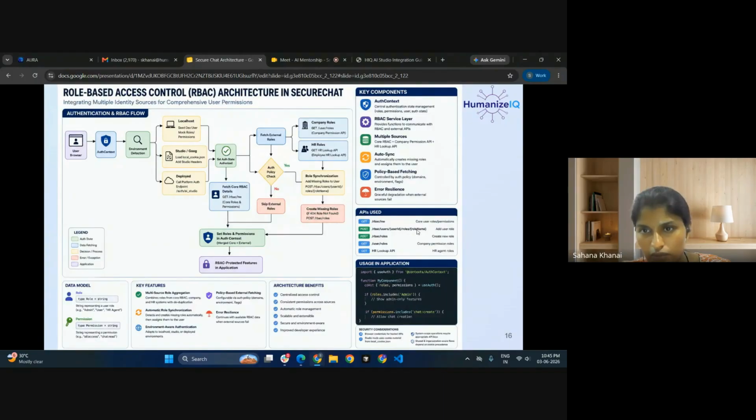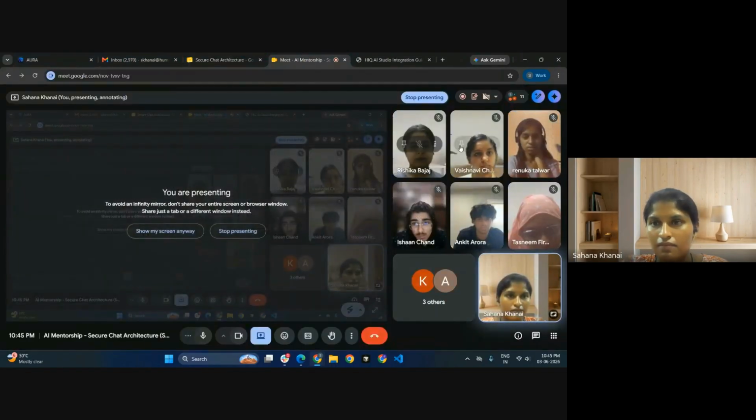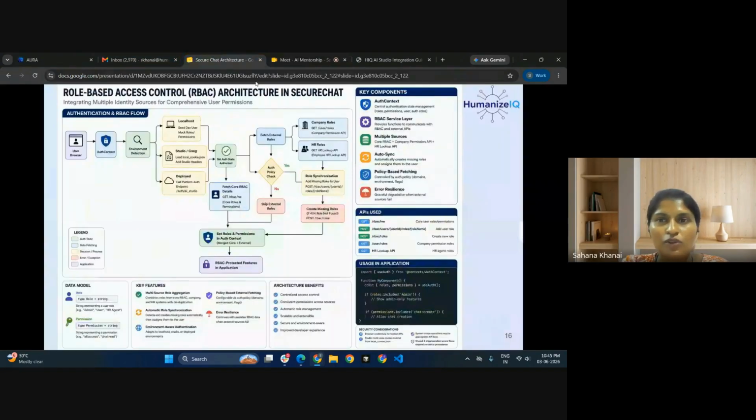What is this post? Let's say some of the roles are not there. Take one example. Who is there? Okay, Vaishnavi. So Vaishnavi is coming from the E team and she has different roles. But in our database, when she came to our system, we had already inserted the role as user.